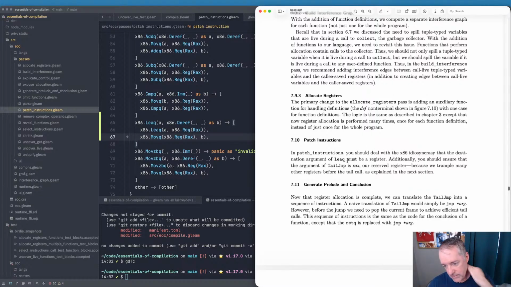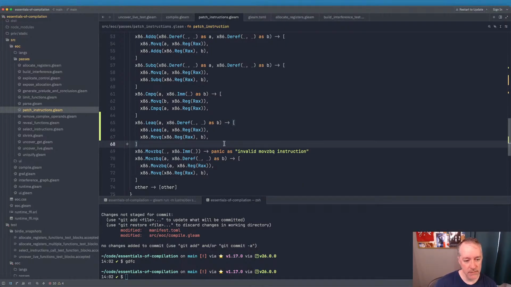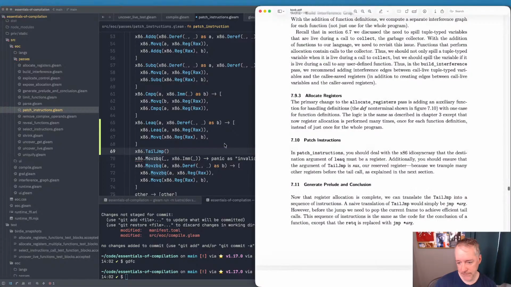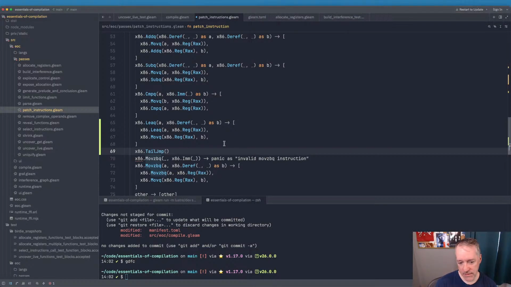So this kind of bugs me. I wish we could feed back into our register allocation phase the fact that the argument of tail jump should be RAX. But we don't have sophisticated data flow here. It's really simple data flow analysis. So we're just going to have to patch it. So let's look at, not LEAQ, tail jump. So we have tail jump, and let's say